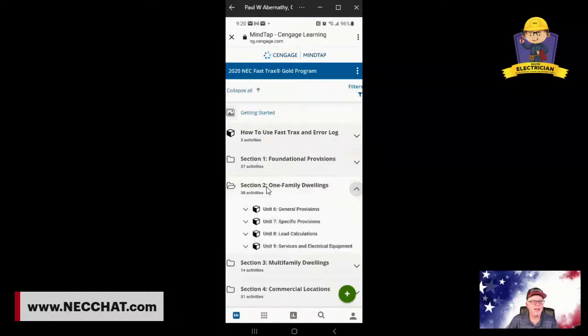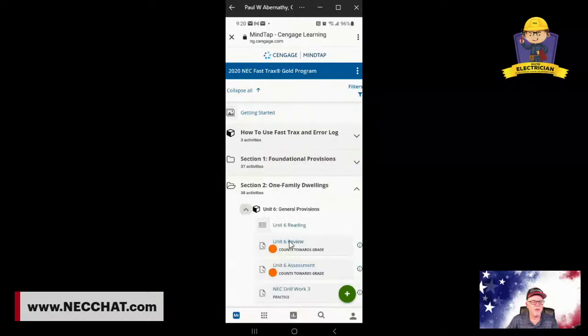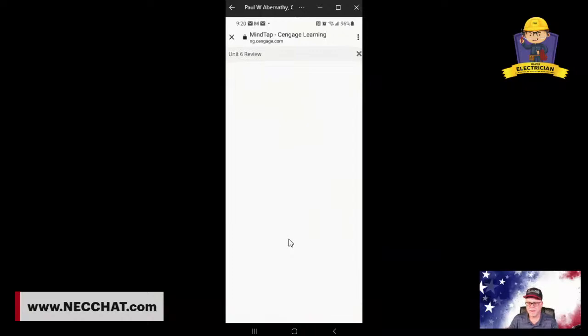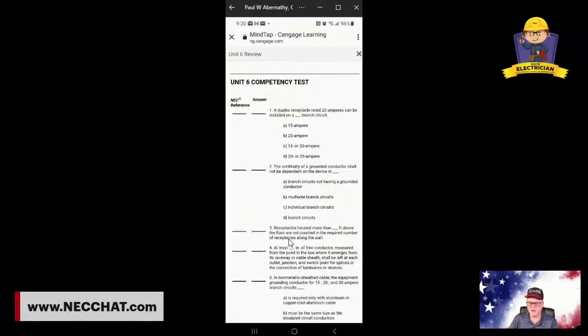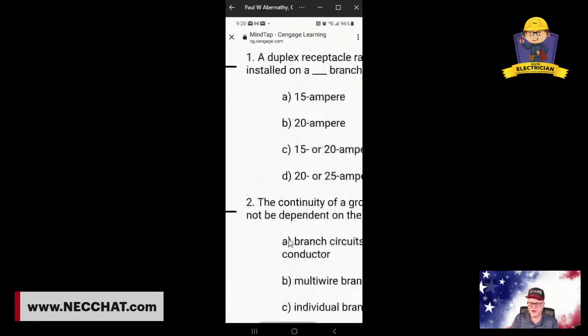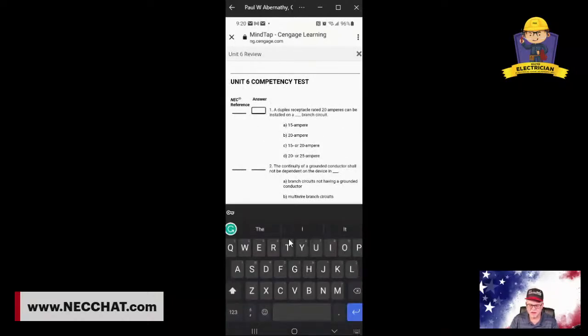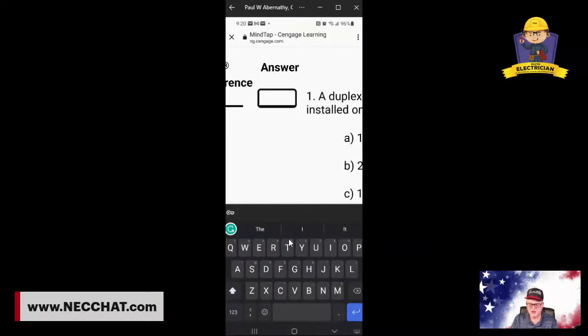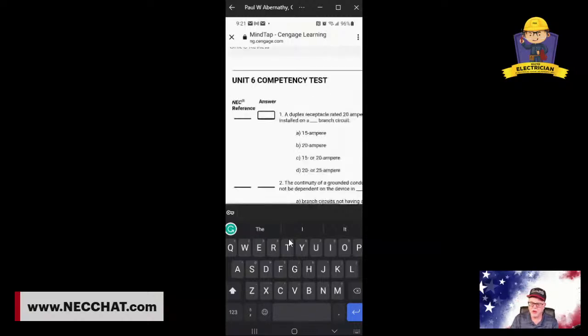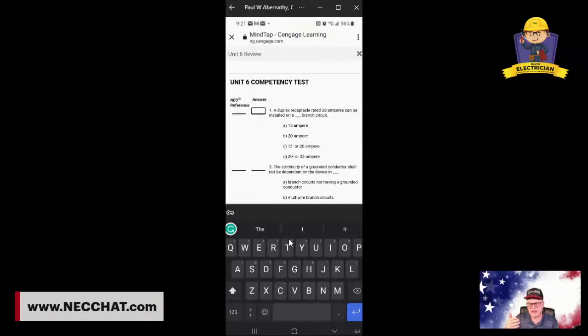And again, you go into each unit, just like you would before. Do the review. Check this out. I'll click a review. Why not? So here's your review. Now, again, you could zoom in and whatever, depending on what you're doing. Now, you could still type in your answer here, right? So I can zoom in so that you see it. I could type my answer, but you don't have a lot of real estate to see something. So that's why I always recommend that you do it on a laptop or something like that. But